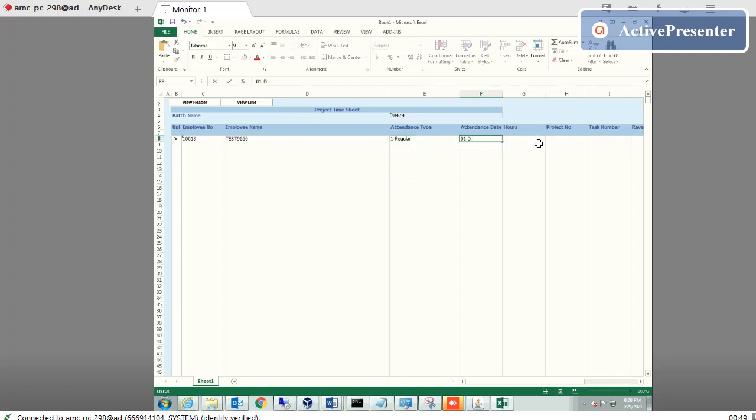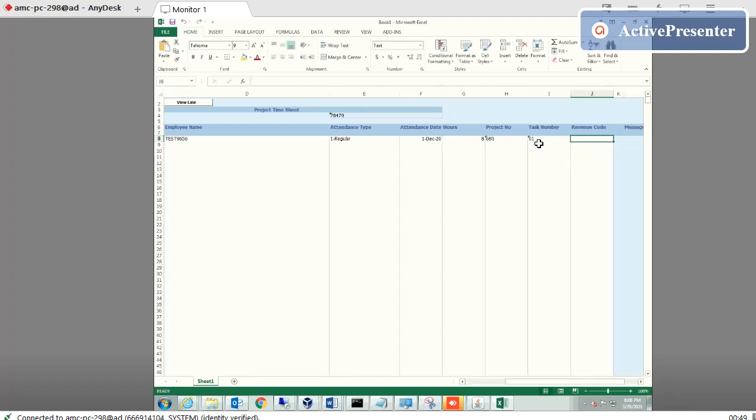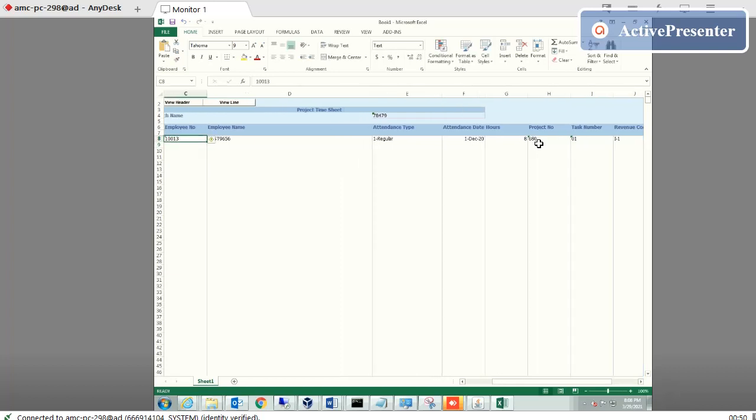If you need to enter attendance, you enter the date, hours 8, the project number, and 01 is the task number, and I think 1-I-1 is the revenue code.